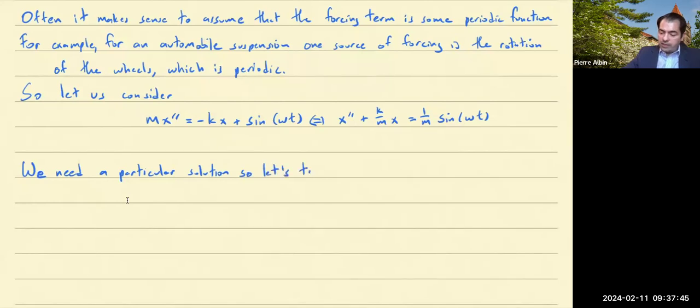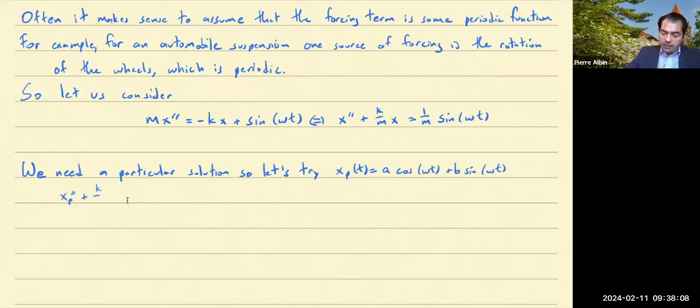With this right-hand side, undetermined coefficients is the way to go. So let's try x_p(t) = a cosine omega t plus b sine omega t. Right, if we plug this in,